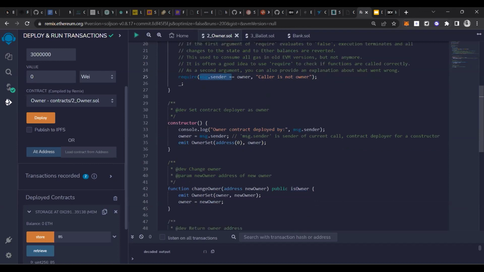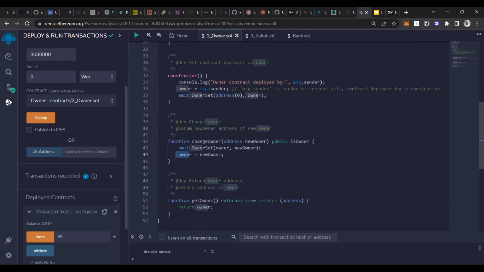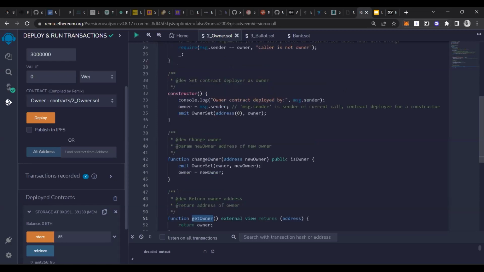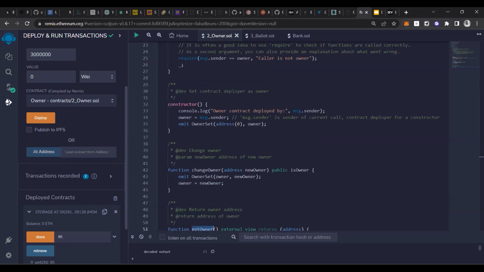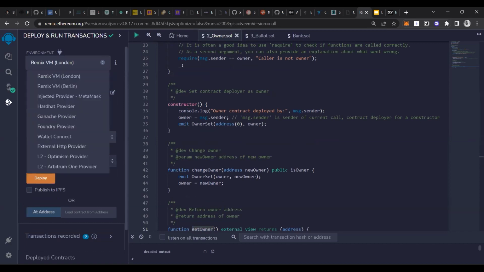After this condition is satisfied, the new owner address will be added as the owner, and this way the owner will change. The getOwner is an external view function which tells us what the current owner is. So let's deploy this owner contract.